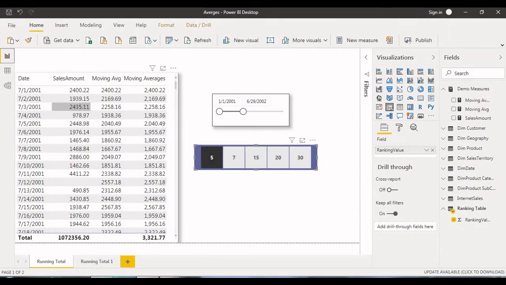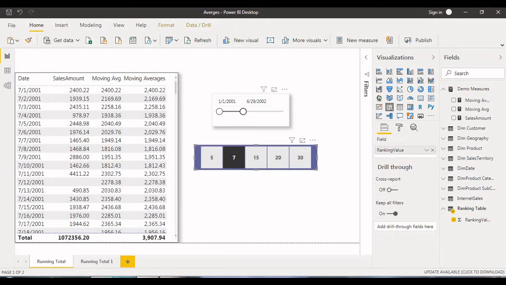Now, day wise we have the sales amount. We are trying to find the moving average based on this selection. For example, if I click on 5, we are calculating the 5 days moving average. If I click on 7, it means 7 days moving average. So between these two dates, from this date to this date, I'm finding the 7 days moving average.